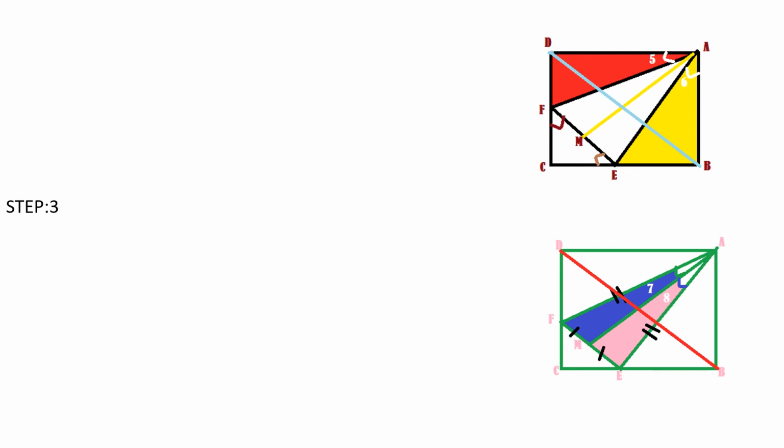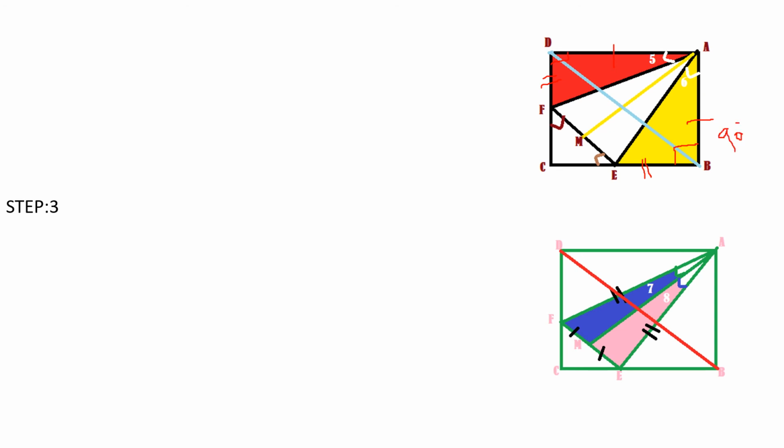Now let us see how to prove that angle DAM is equal to angle BAM. For this, in step 2, let us take these two shaded triangles and prove those two shaded triangles as congruent. In these two triangles, we know that AD is equal to BA because they are the sides of the square, and DF is equal to BE because just now we have proved that. And also we know angle D is equal to angle B, which is equal to 90 degrees.